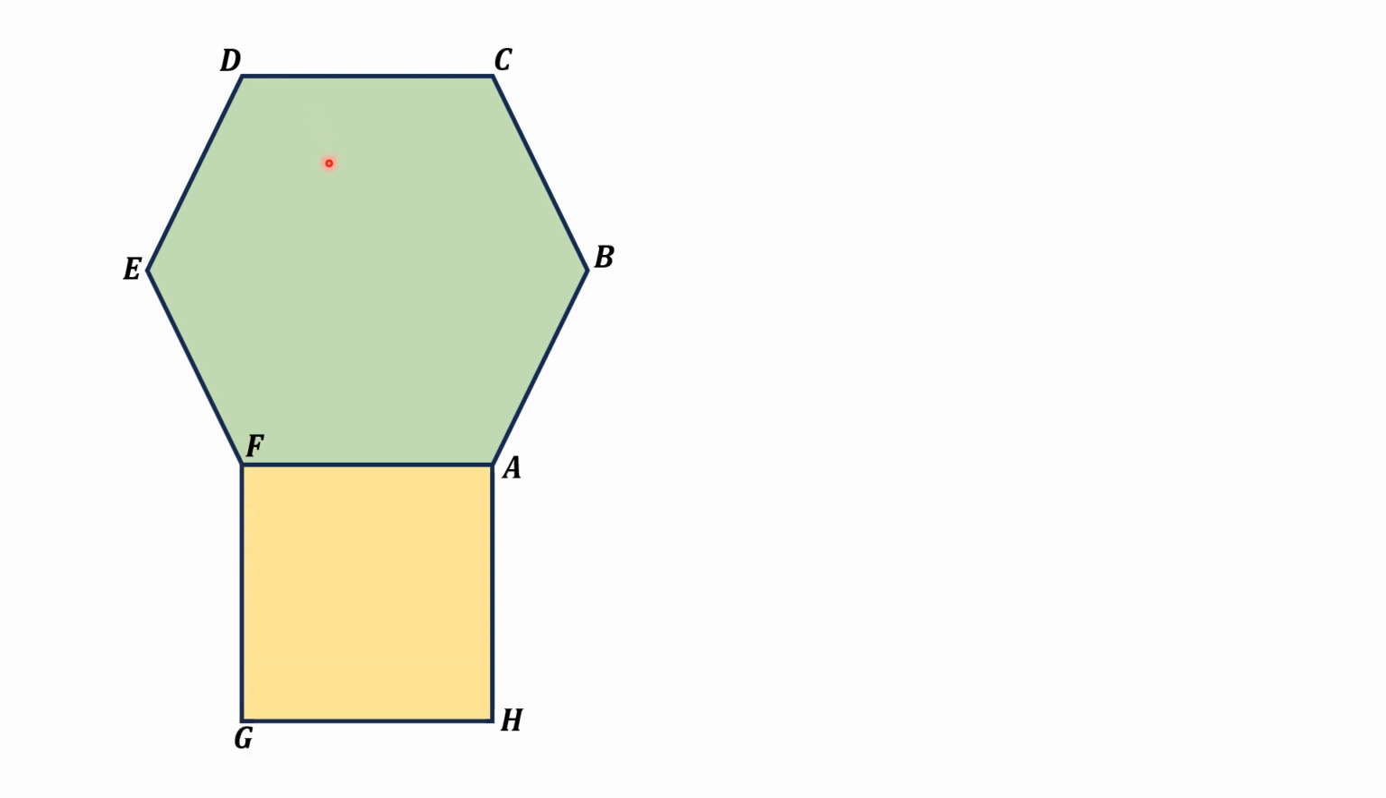There is a square which has a side length equal to the side length of this hexagon, and it is adjacent to one side of the polygon. If we draw a line segment from point H to E and M is the midpoint of this line segment,